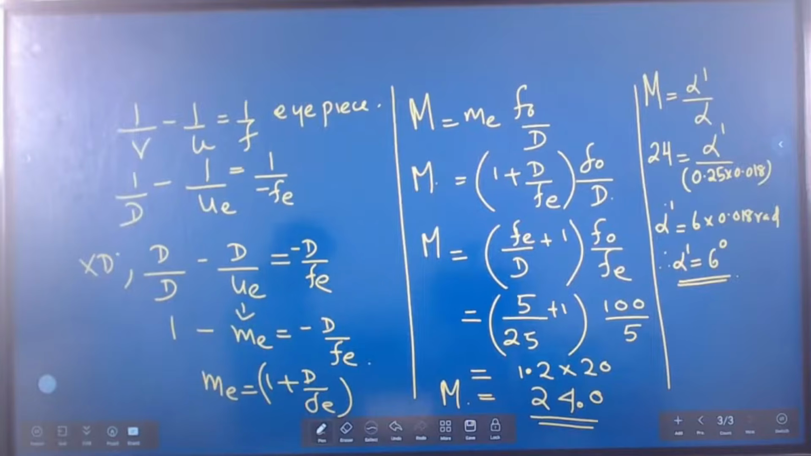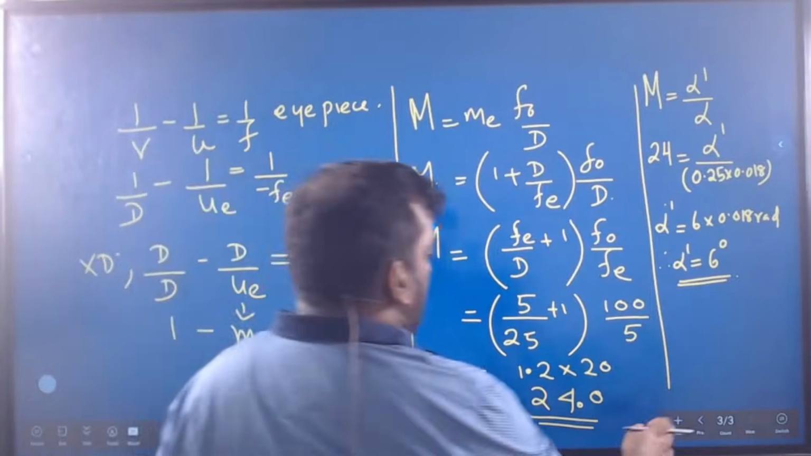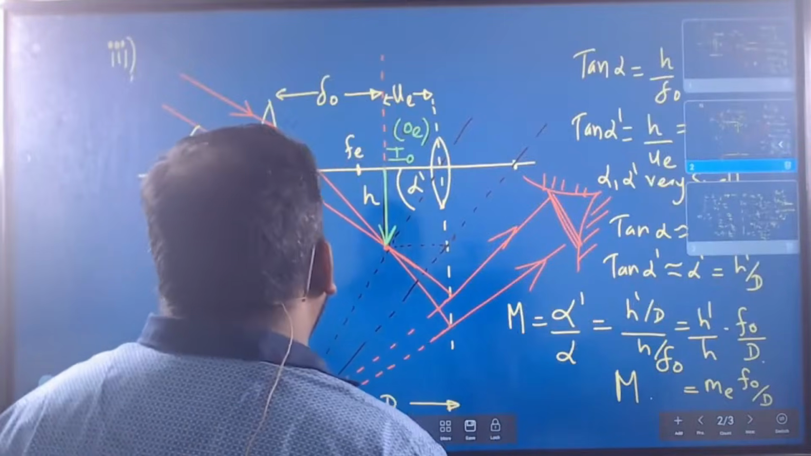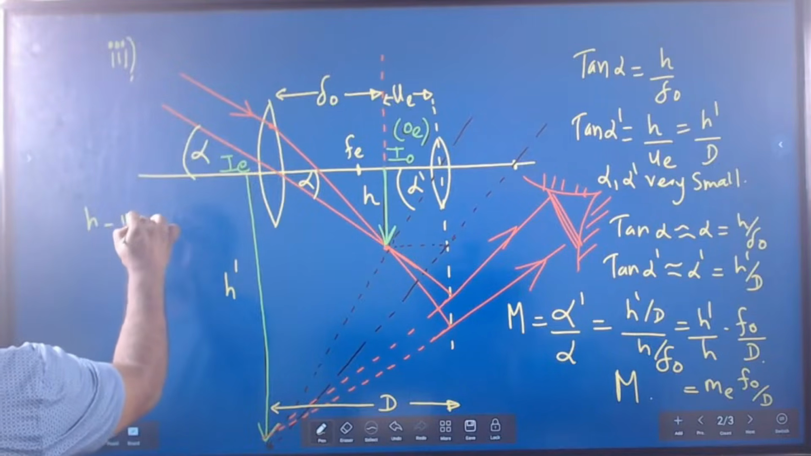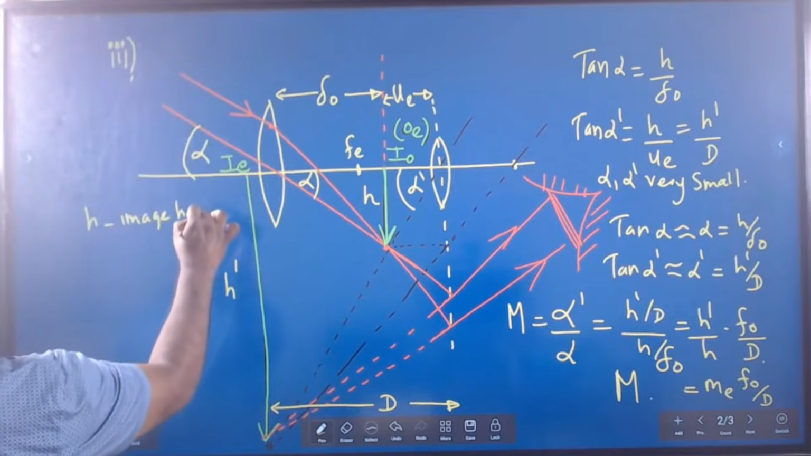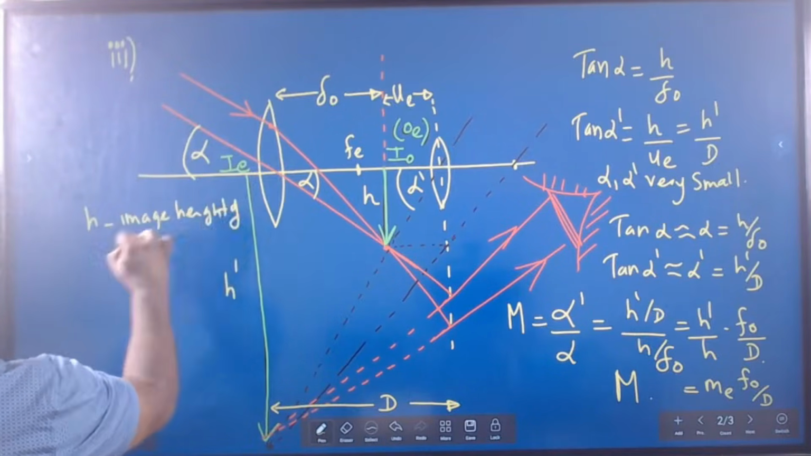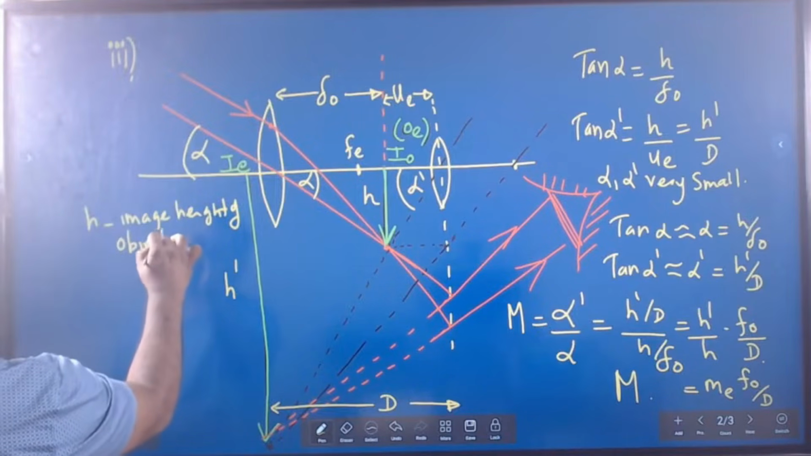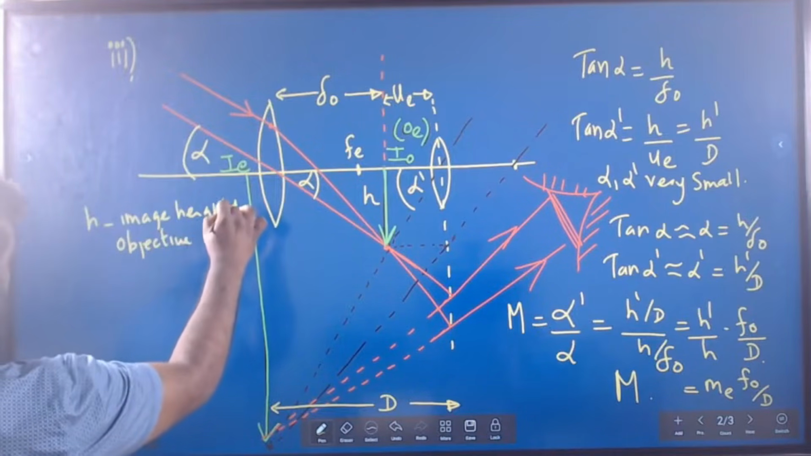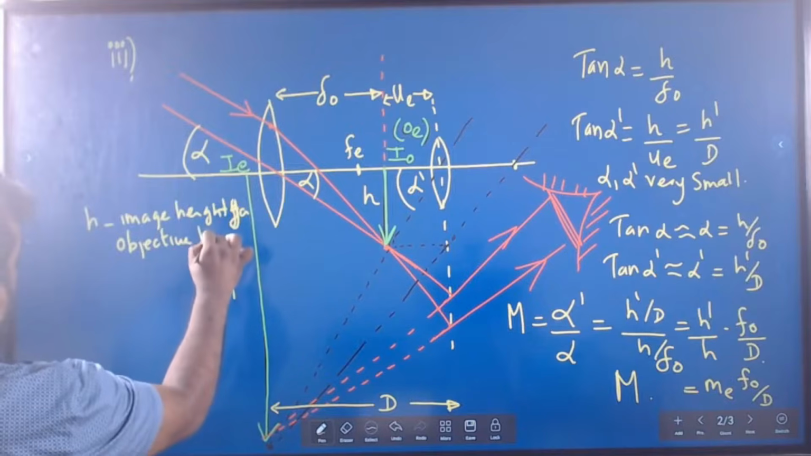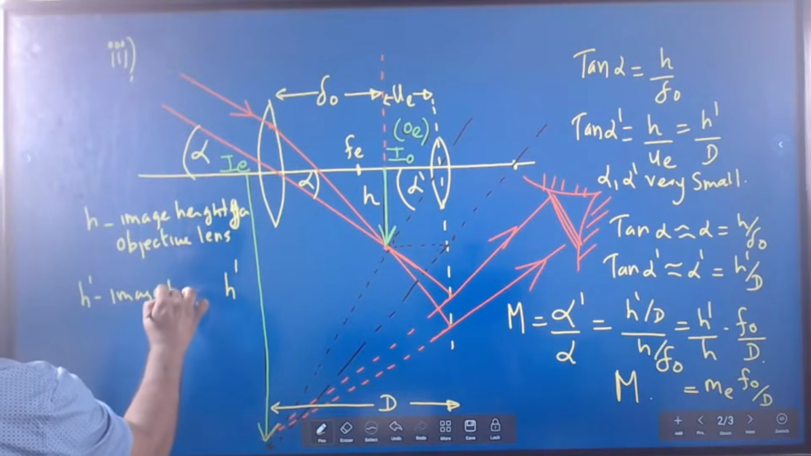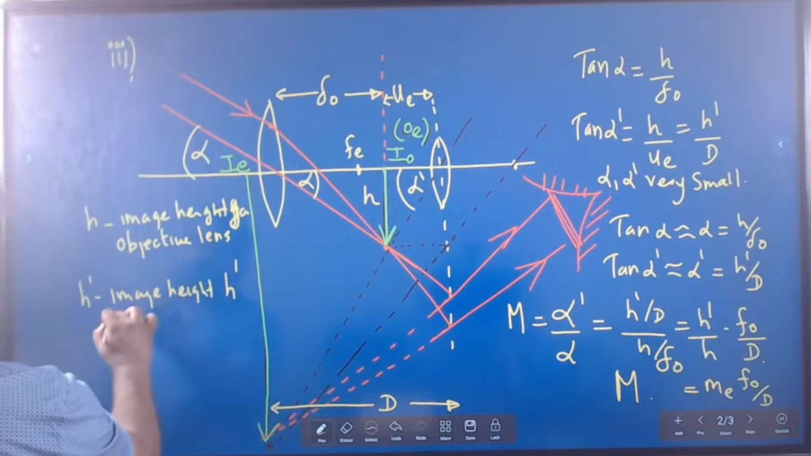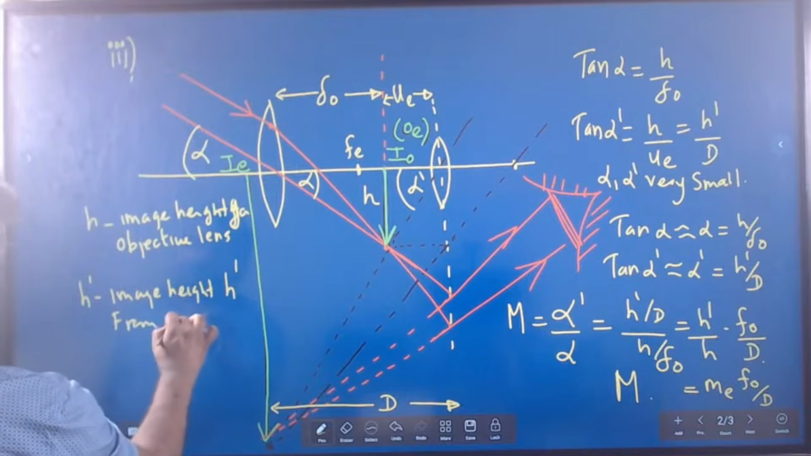Six degrees. Remember, every single term that you have taken here, you must define. H is the image height of the objective lens, h dash is the image height from the eyepiece,